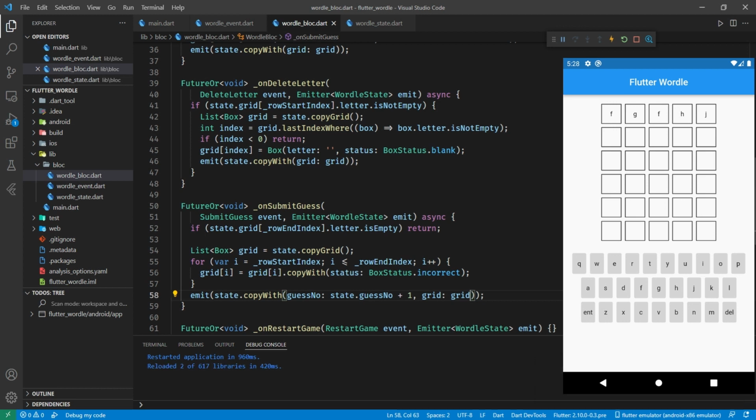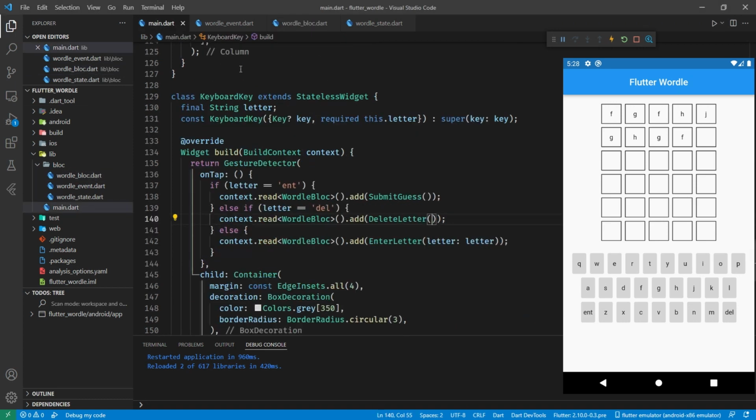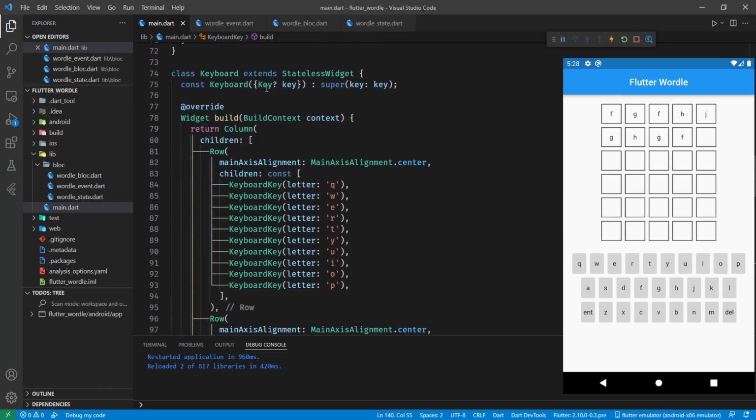Okay, let's save that and come to our emulator. And now when we hit enter, our first row has been submitted, but we're getting no visual display of that. So let's deal with that by coming back to main and coming to our grid builder